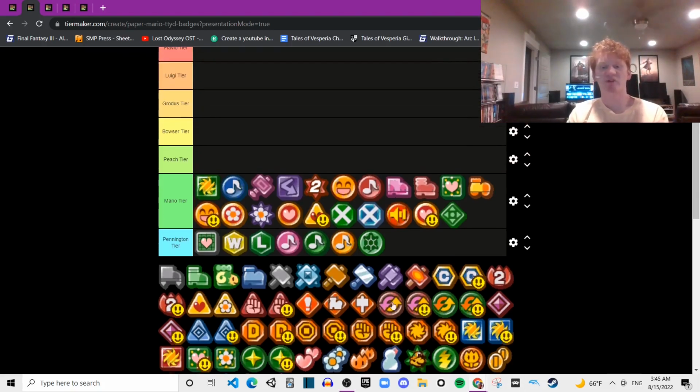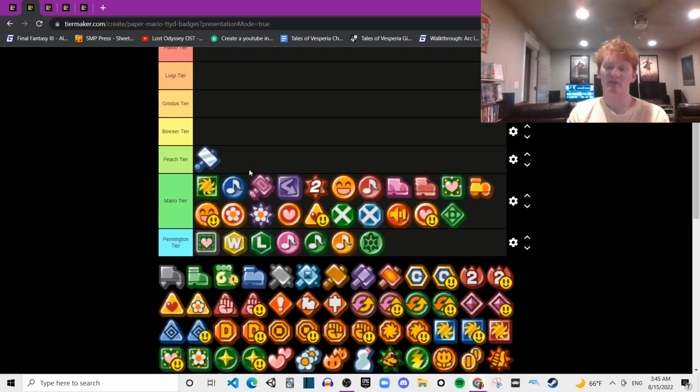Okay, now we're moving on to the Peach tier. Finally, we have Ice Smash. Ice Smash, it inflicts ice, which is good, and it costs 3 FP, which for costing 3 FP, like I could use something way better for 3 FP. So I don't think the Ice Smash...